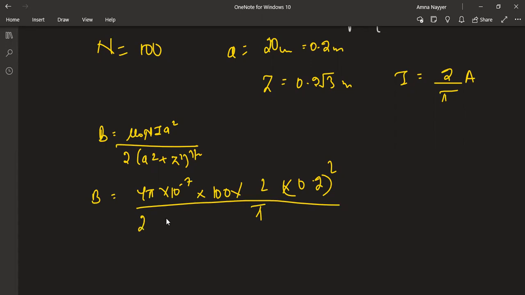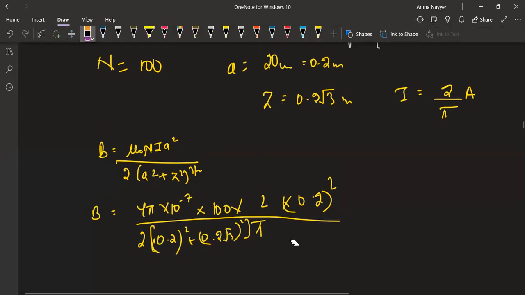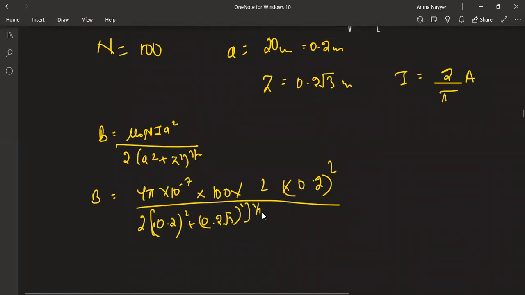Then we have 2 into 0.2 whole square plus 0.2 root 3 whole square to the power 3 by 2, not root 3 by 2, just 3 by 2. And here we have the pi. So when you solve this, this will become